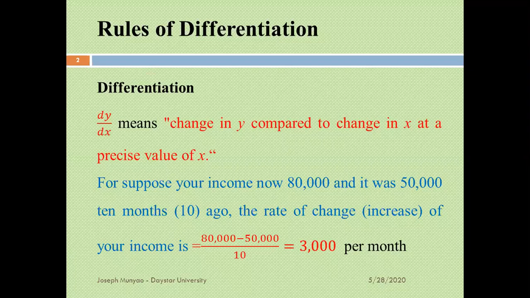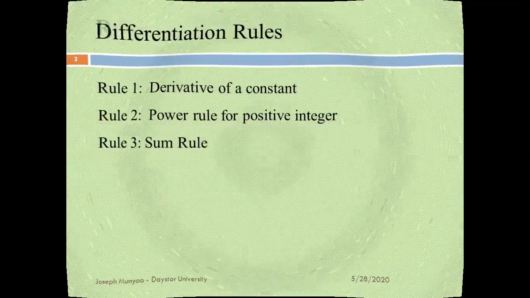Currently, it is 80,000. So the rate of increase of your income is 80,000 minus 50,000 divided by the 10 months. So it gives us 3,000 per month. So when I talk about differentiation,